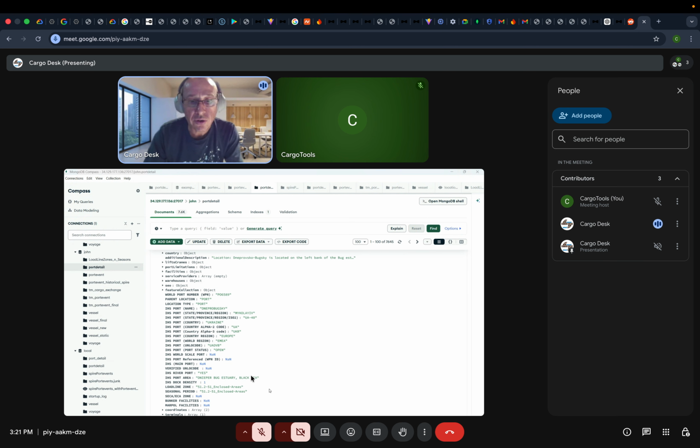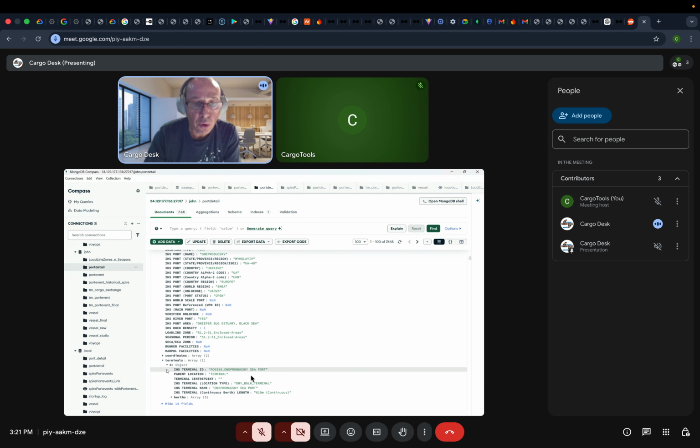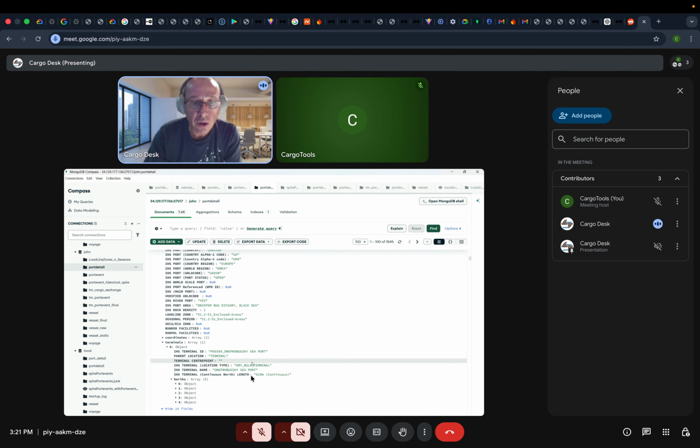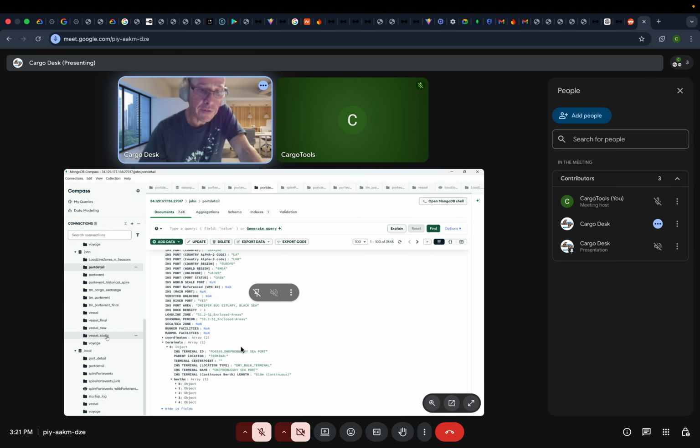So even the terminals, and in our terminals is going to be all this information. It's not even pointing there at the moment. So I need all this terminal information, right? This terminal name, this is all going to point to here, right? Terminal type, right? So a lot of stuff that we have to do is just, so if I've got a